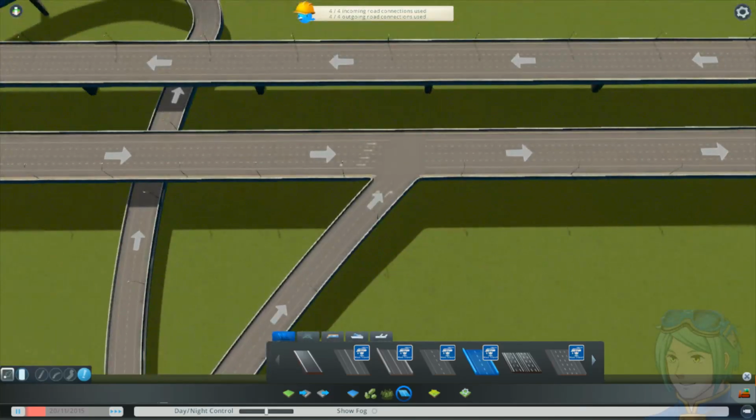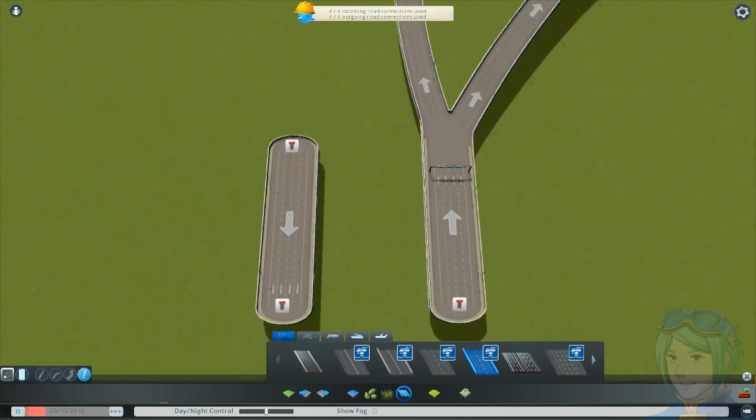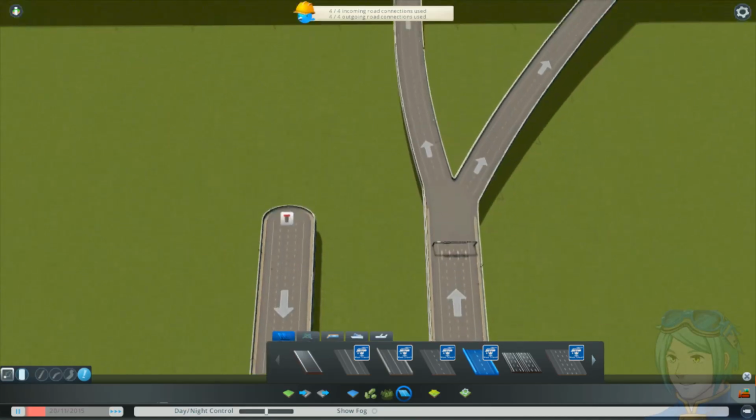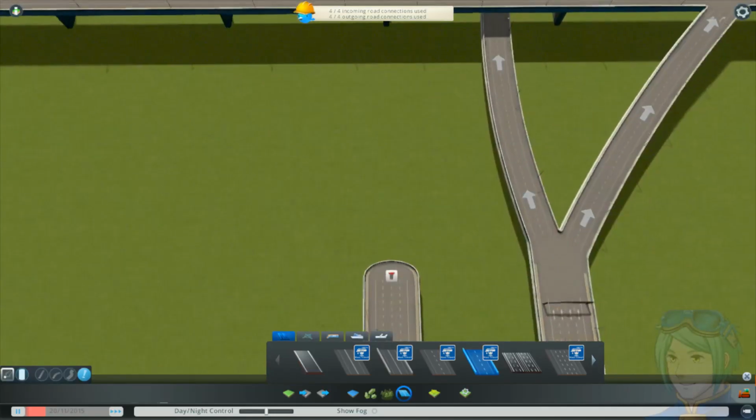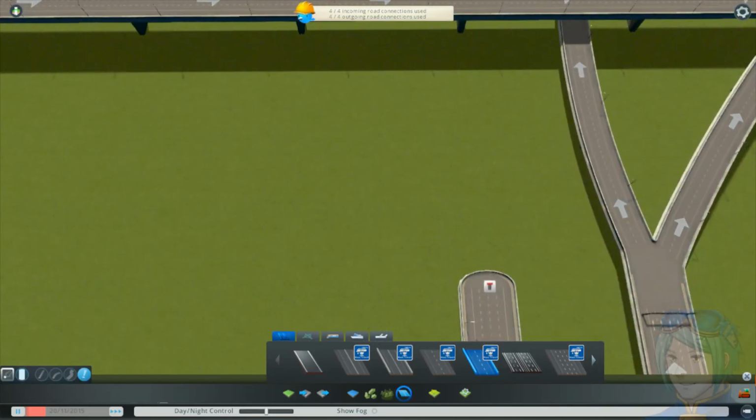That's how I want it to work. So then ideally, 2 lanes branch off opposite directions. Now, without using the upgrading tool,